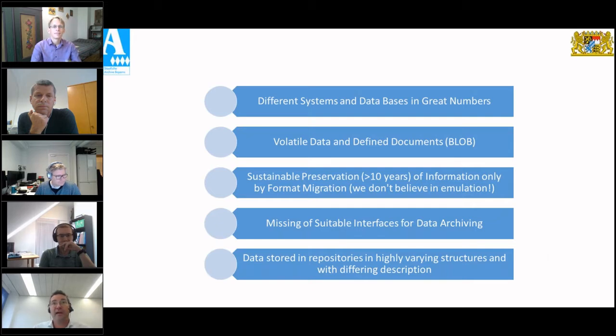As each of you well knows, specialized database systems are in use by state agencies in many areas. More than 3,000 individual systems are, for example, used just in Bavaria. Naturally, not all the data from these systems is worth archiving.